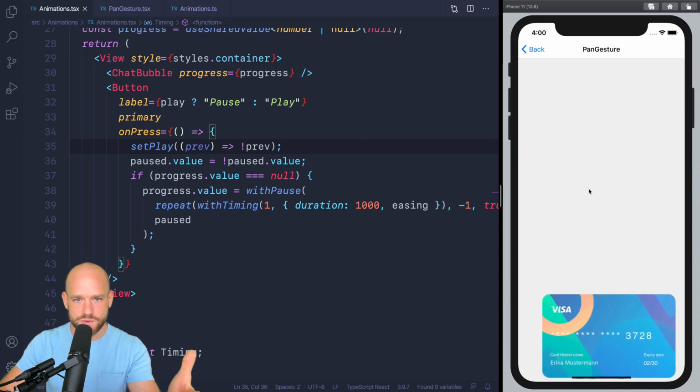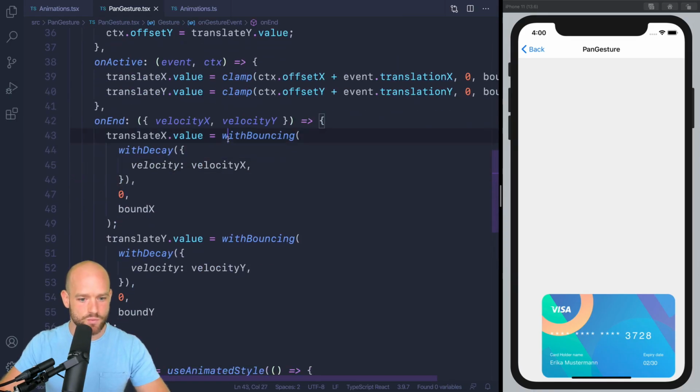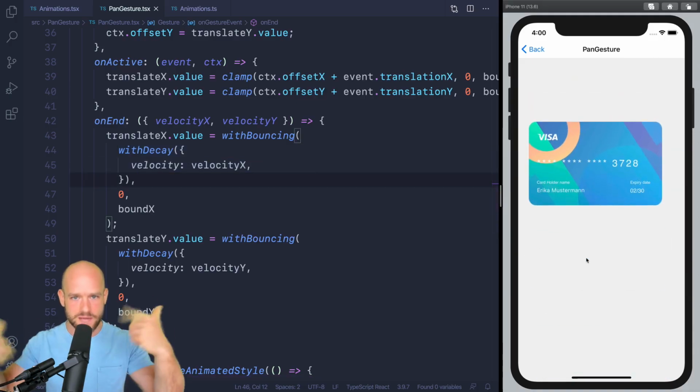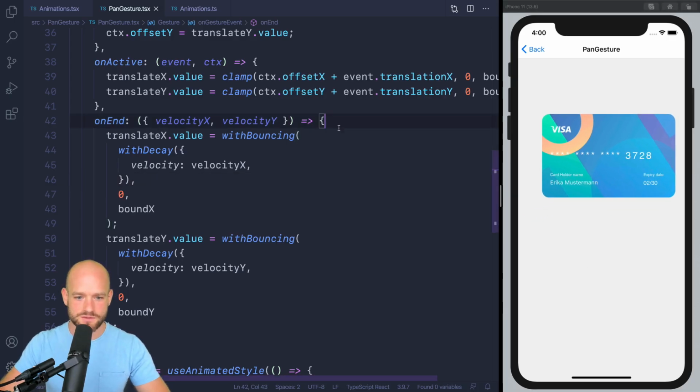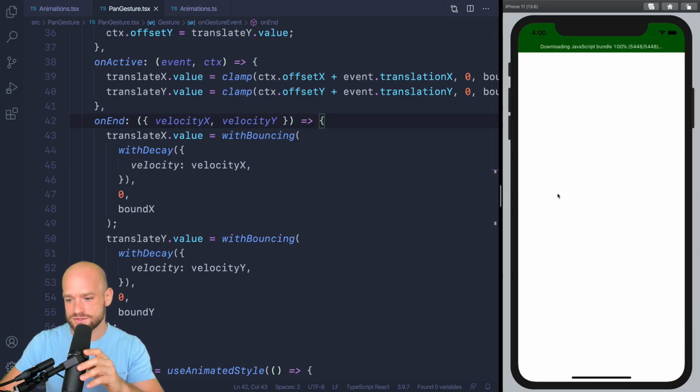And again, here using composability, if we have a look here, we pass the with bouncing higher order animation, we pass the decay animation as parameter, and we can just, by using composition, modify the behavior of the card. So that's the second animation we're going to build, and the final one is the